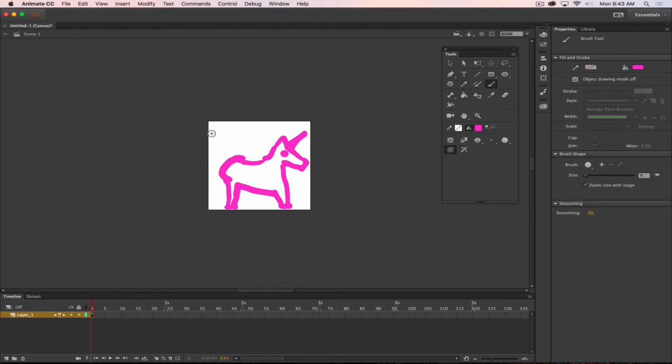So there's the start of the unicorn. He's going to need a tail. He's going to be wiggling his legs as he moves through. What's useful as we work,